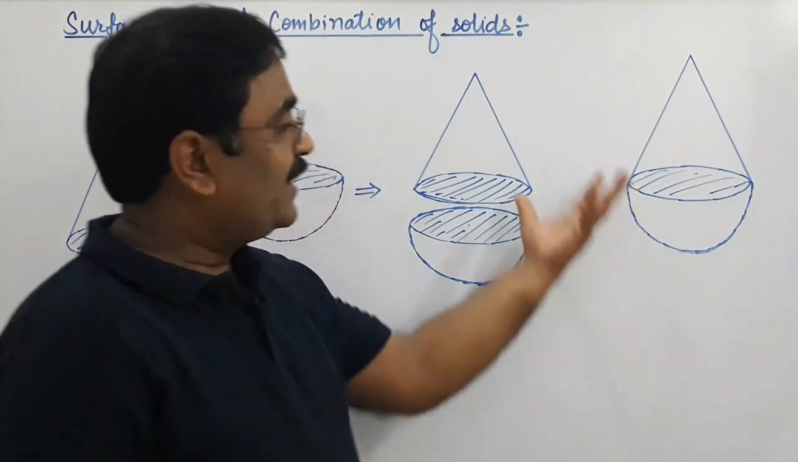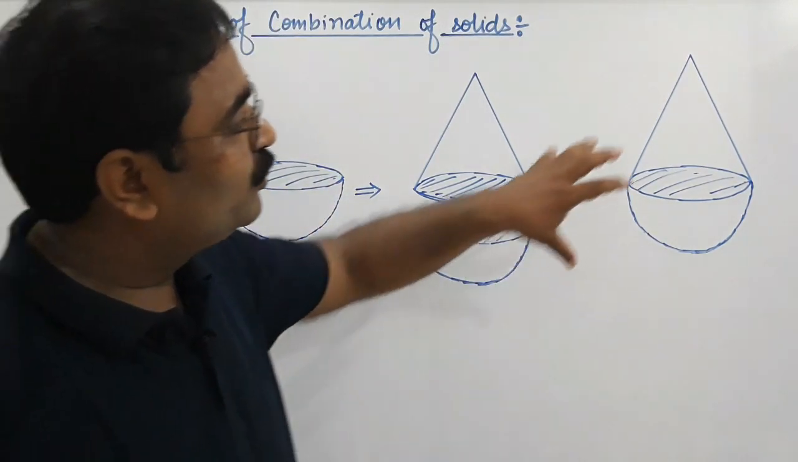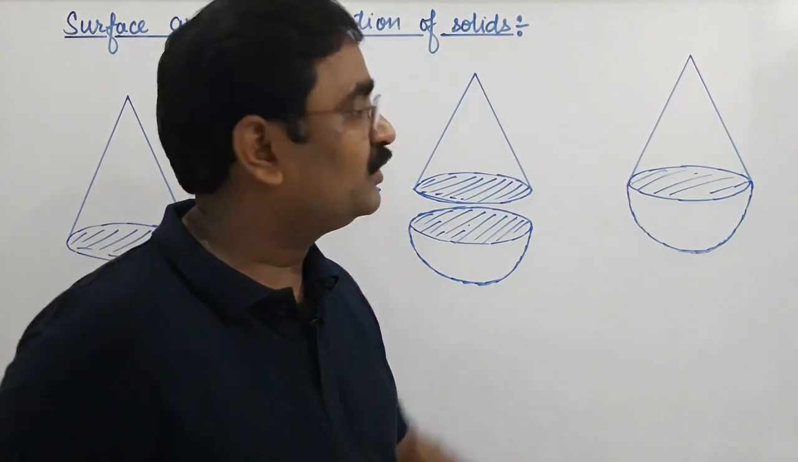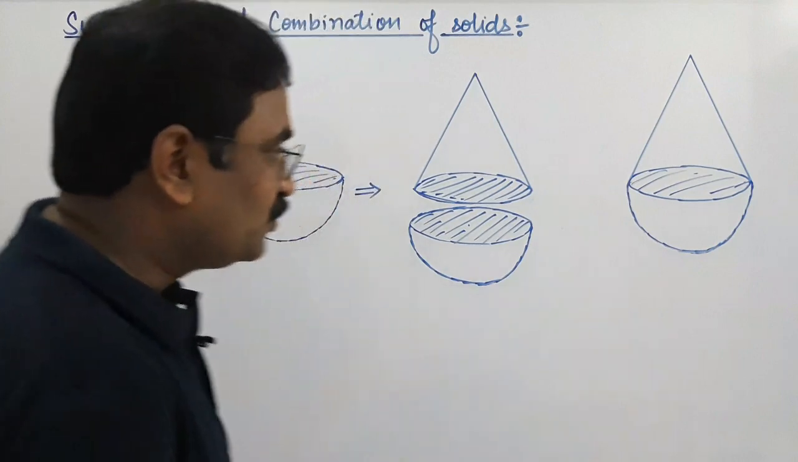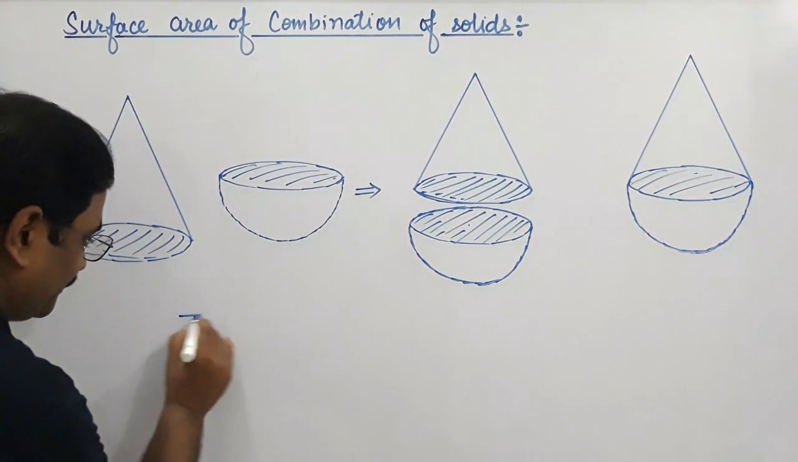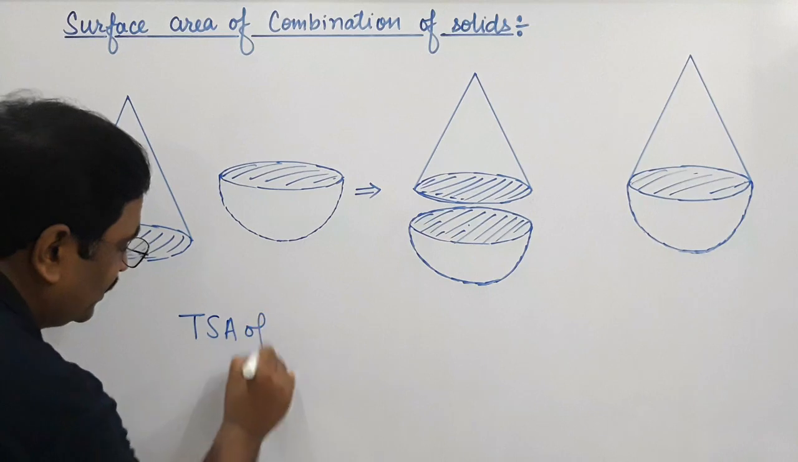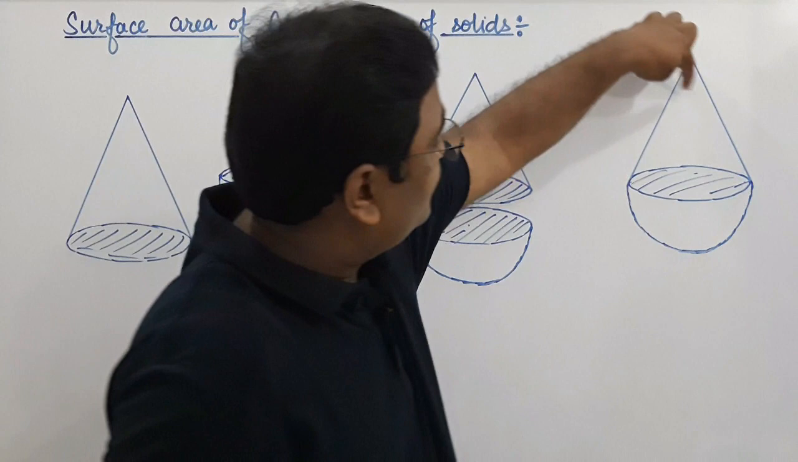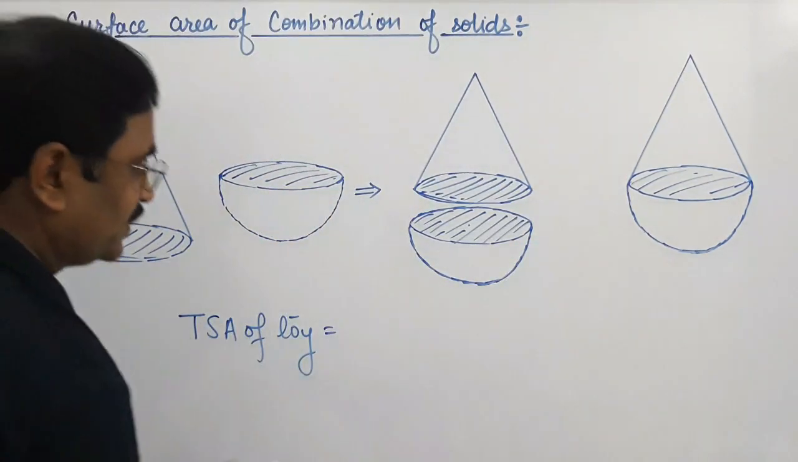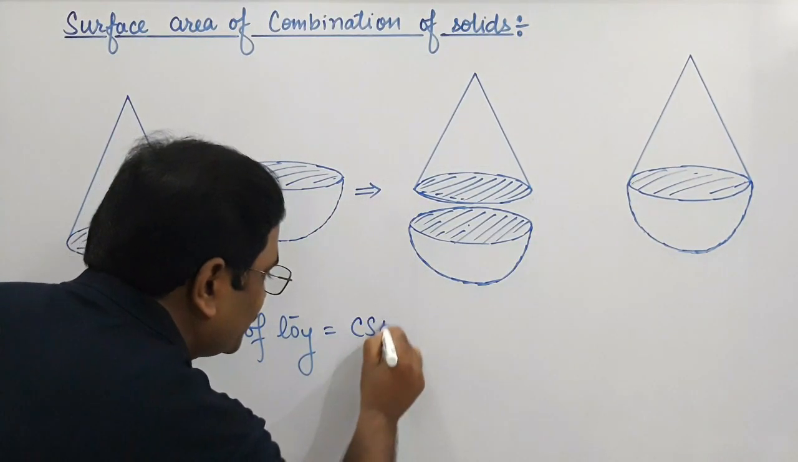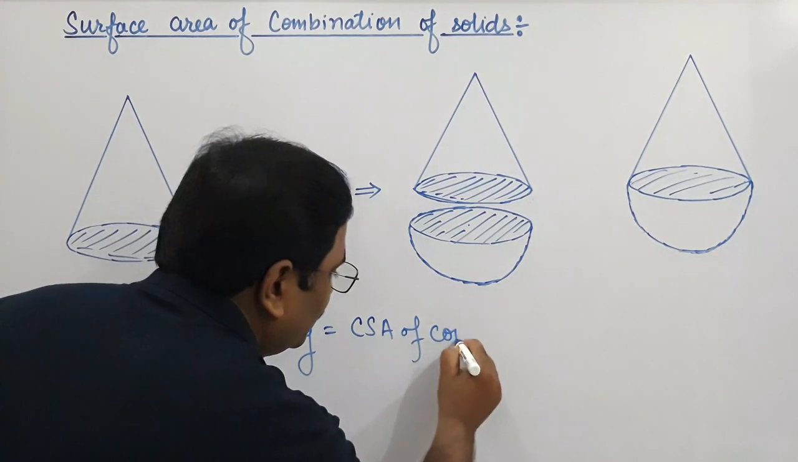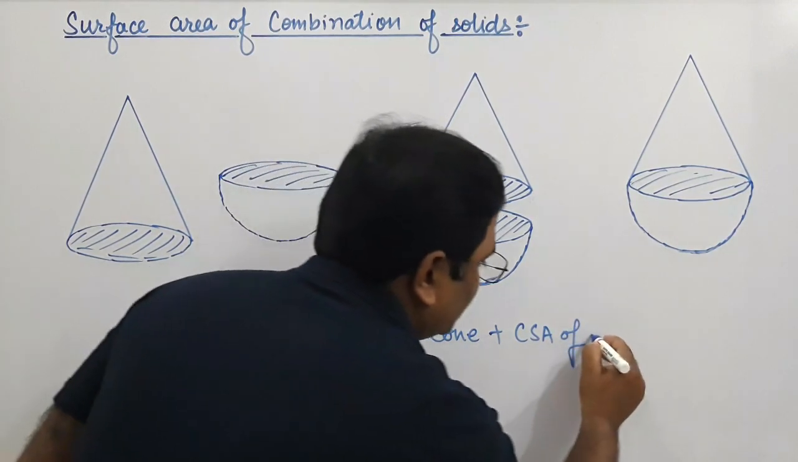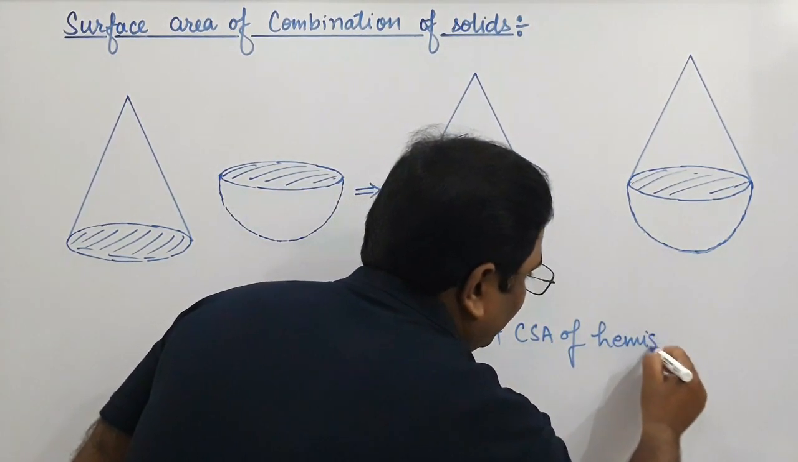Let us suppose that we are going to paint this toy. So to paint this toy we have to find out the total surface area of this toy. So the total surface area of toy is equal to the curved surface area of this cone plus curved surface area of hemisphere. Okay,